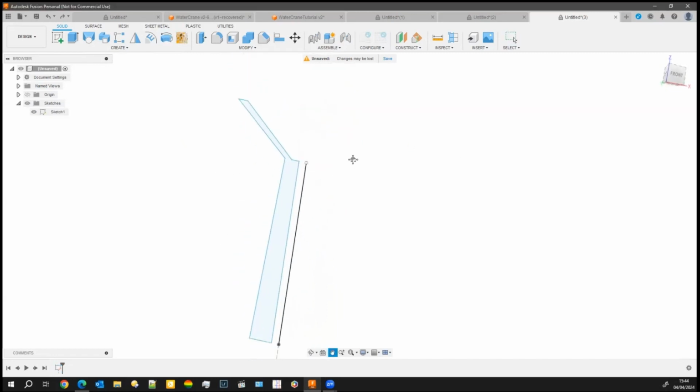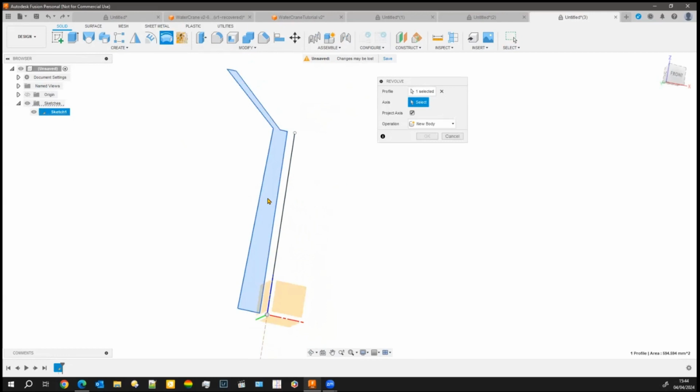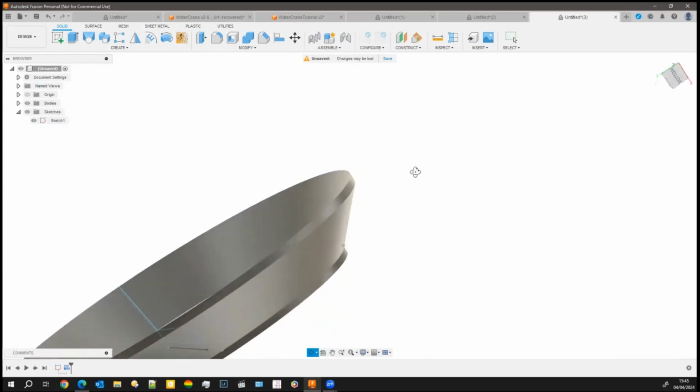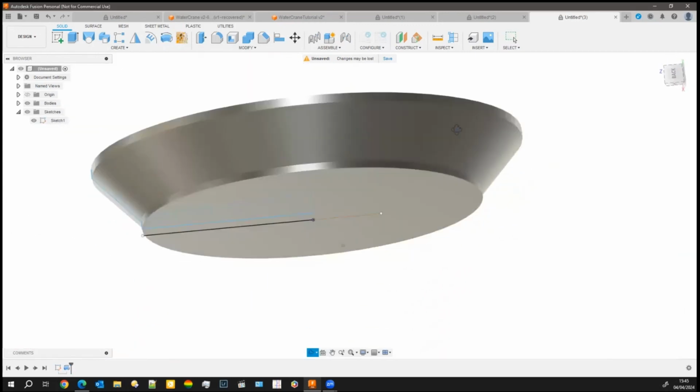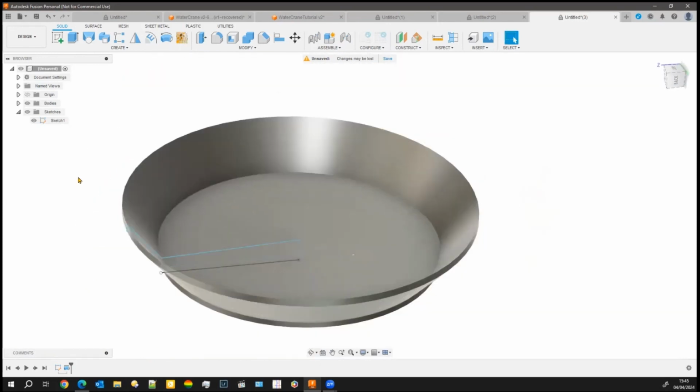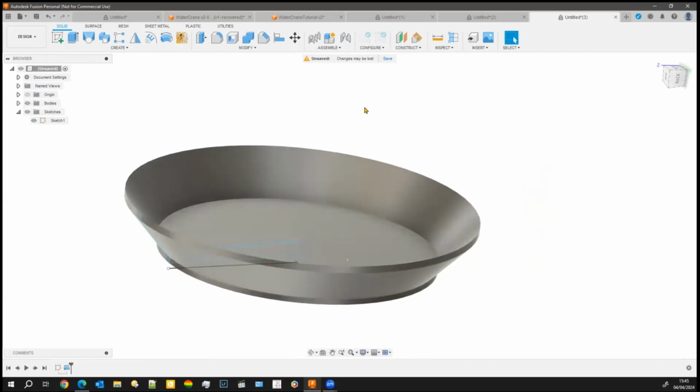Similarly, if we go back and do revolve and pick that as the thing and select that as the axis, we end up with that shape, a very nice little saucepan or frying pan. So what I'm saying to you is the revolve and the sweep tool both are similar in a sense, but they can do an awful lot. So what you can see there is that, to get that shape initially,